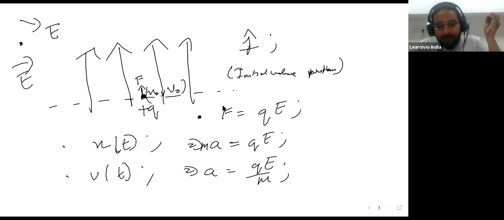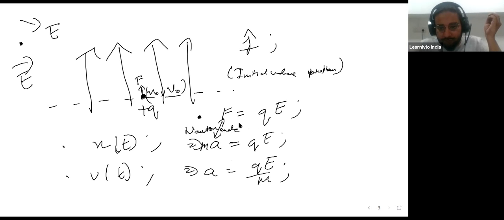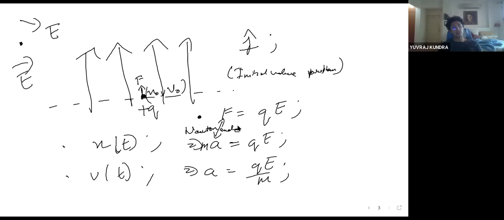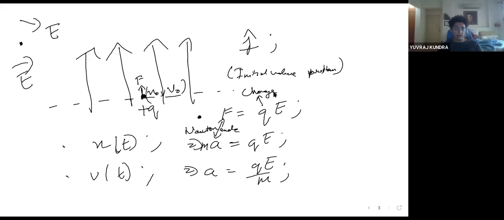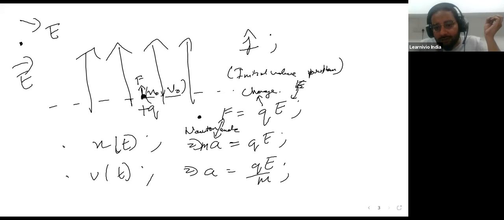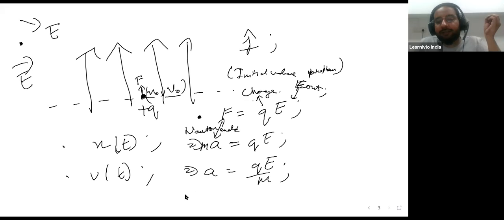All I'm doing is applying Newton's law here. Q is the charge, so charge is a constant value. And E is also a constant here. So what do we have to differentiate, as everything is a constant? There is no differentiation here. There's the opposite of differentiation, which is integration.